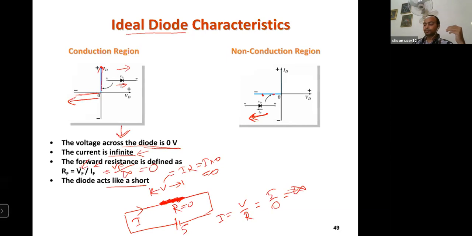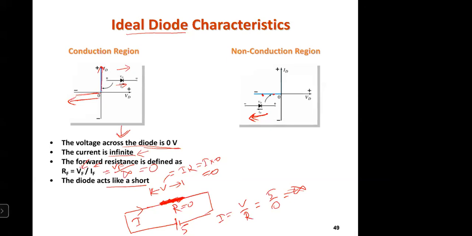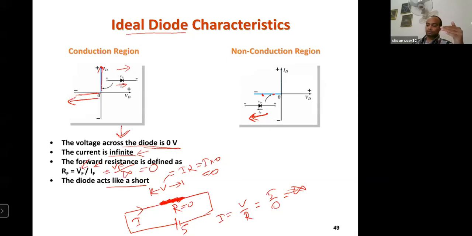Okay, is it clear till this point? That means we are assuming the diode is behaving like a short circuit, completely no resistance. Okay, the second case,